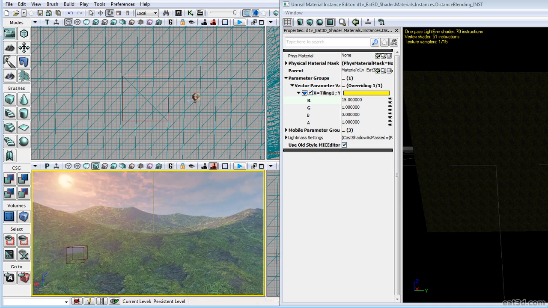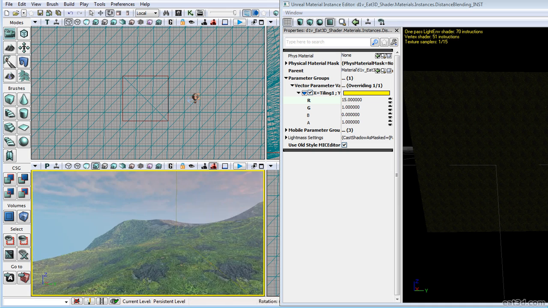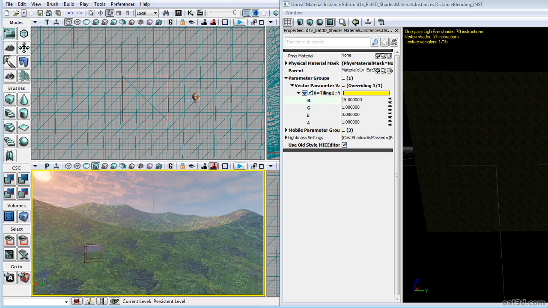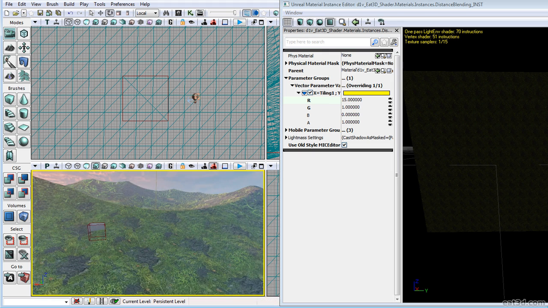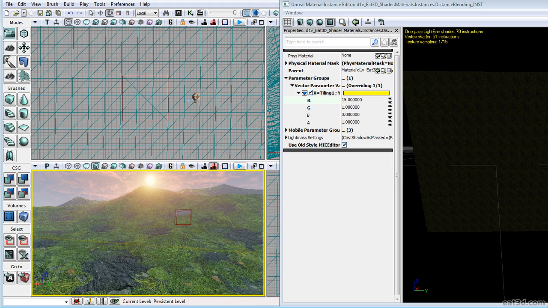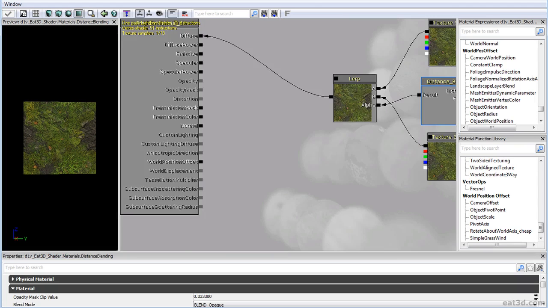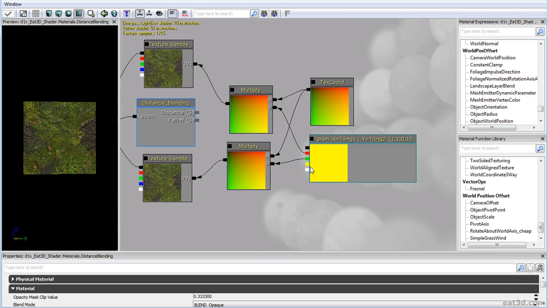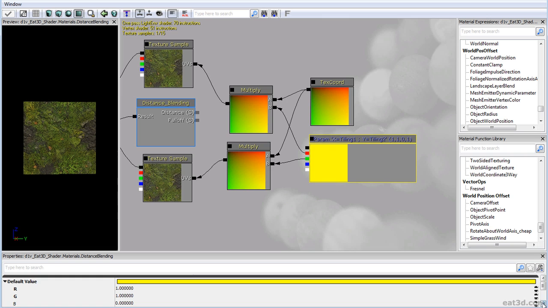We see everything, more or less. So now it should be more obvious. And you know what we could do actually to make it even more obvious? We can go back to editing our original material, which I'm gonna go and do just now. And we can use the remaining points that we have here in our parameter to actually control the distance blend-in